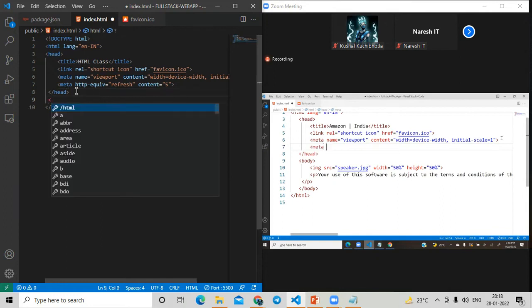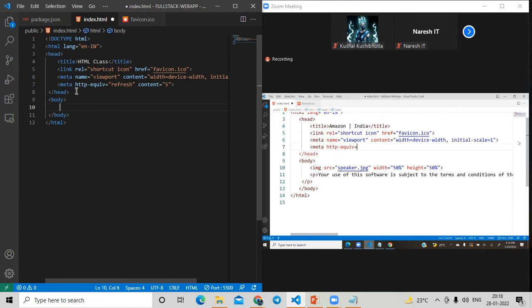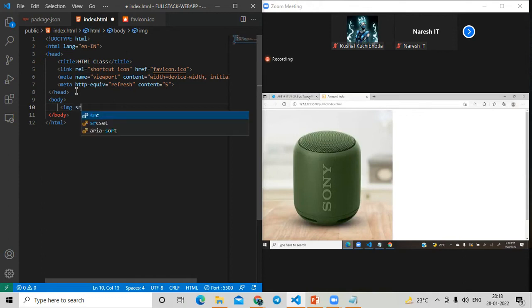Right now, meta, not name but HTTP hyphen EQUIV. Meta HTTP-EQUIV equal to refresh, and content is 5 seconds. I have given it like this, saved, and observe the page here.